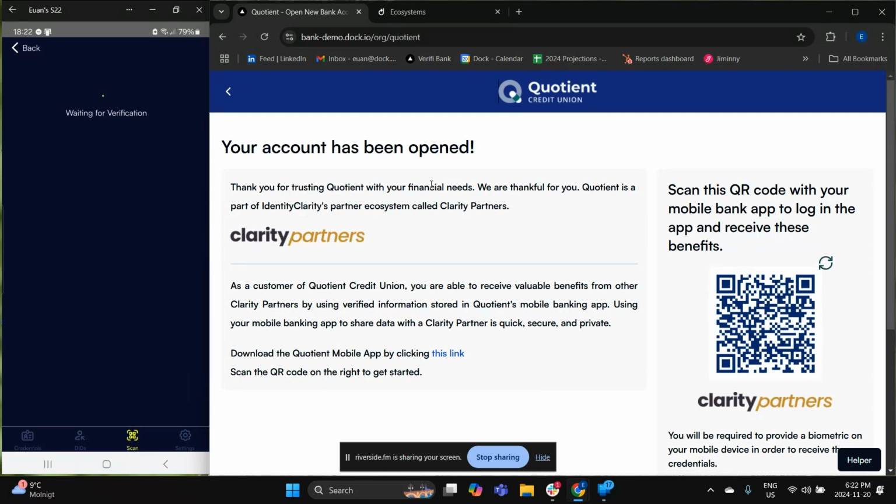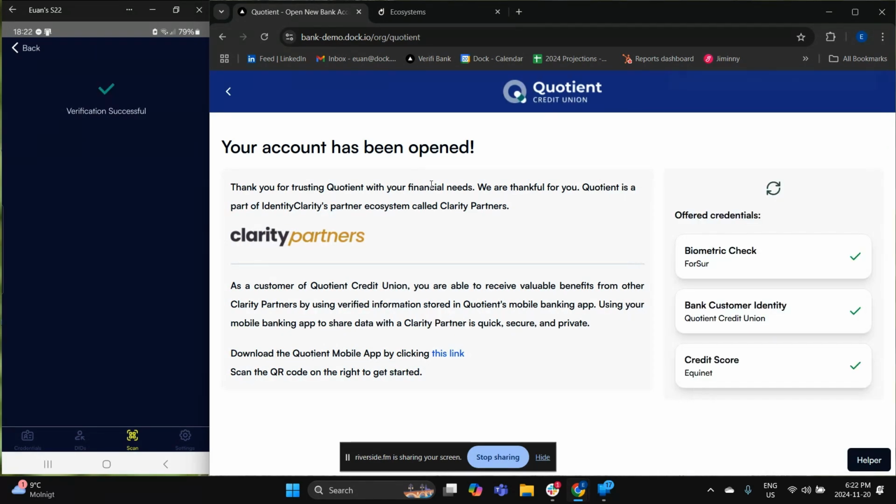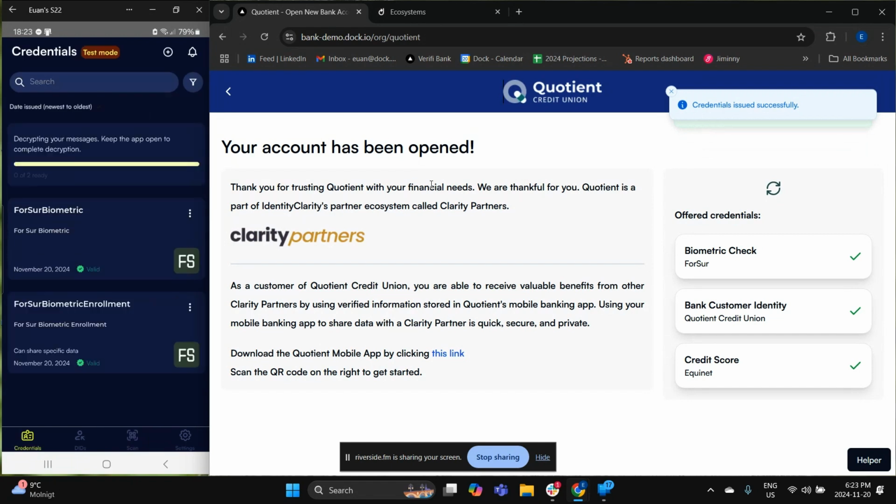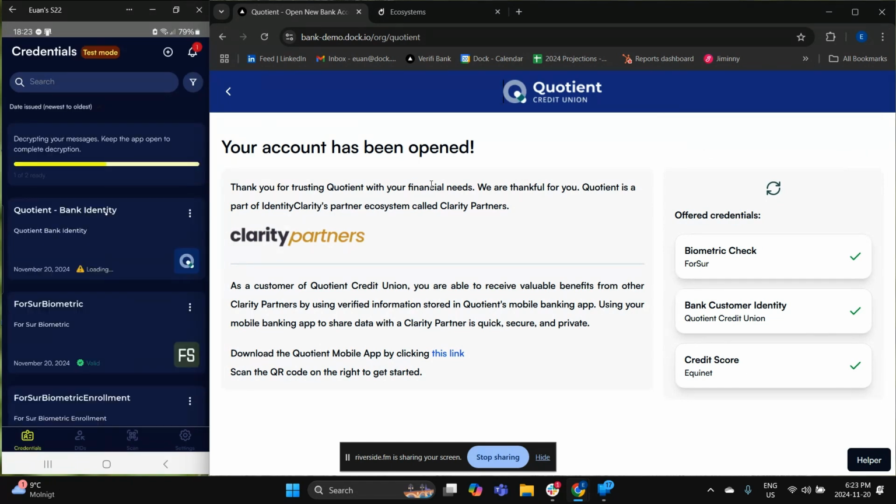Selective disclosure. Again, it doesn't need to look like this, right? You could just have that one click, or you could pull up certain pieces of information. That verification is going to happen. So the KYC identity vendor is going to do all that great stuff. It's going to send the data to the bank server, and then it's going to hit our API and issue credentials to the wallet. So you see a set of credentials going into the wallet.